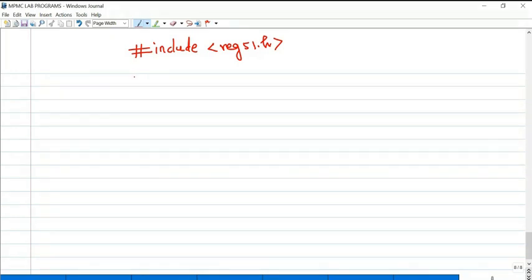Next, void T0M1delay: I'm going to write one sub function particularly to generate the time delay, and I'm declaring the function declaration.